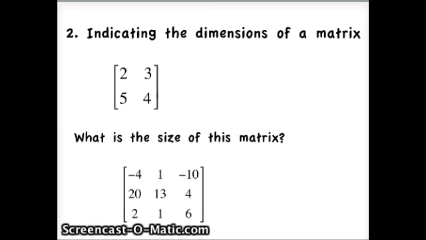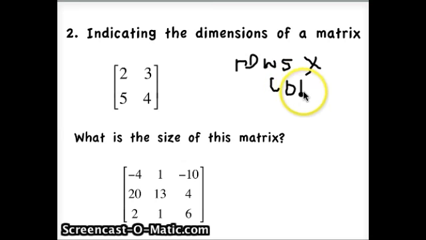So first thing that we're going to do is indicate the dimensions of a matrix. The dimensions of a matrix are indicated by the number of rows by, this X means by, the number of columns. Okay, so if we look at this first one,